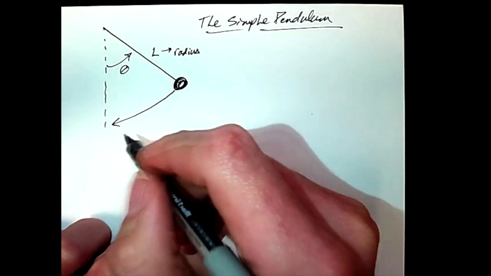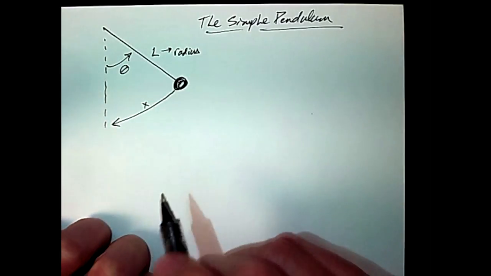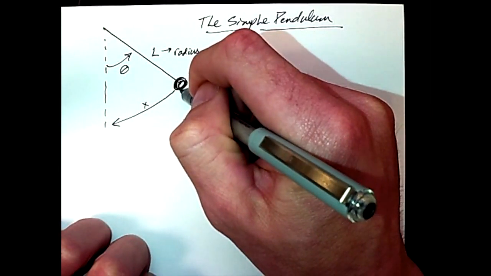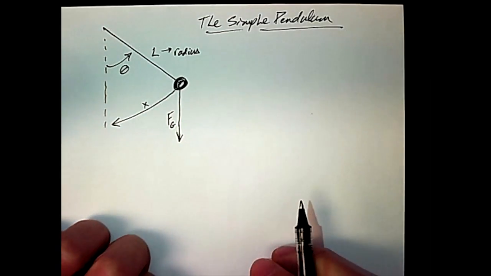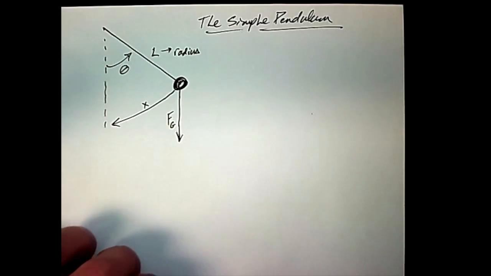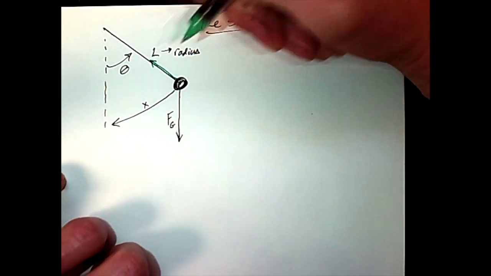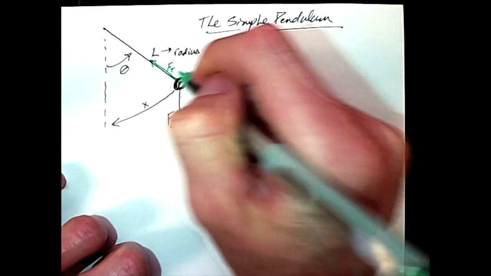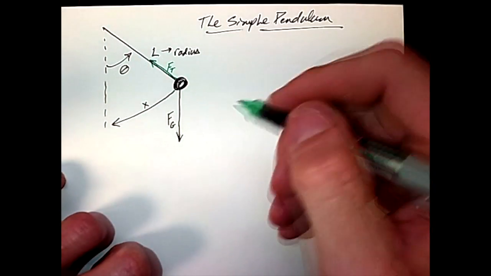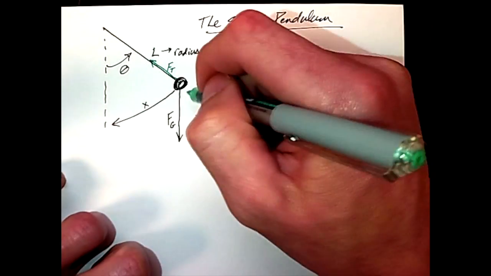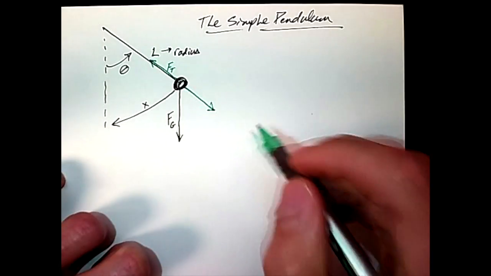We're going to measure this distance from here back to the equilibrium position as x, and we're going to define the weight of the bob mass as F_g pointing down. Given this initial setup, we can label that the tension, F_T, is along this direction back towards the center, which would be a centripetal force. And then this F_g can be broken apart into one component this direction and a